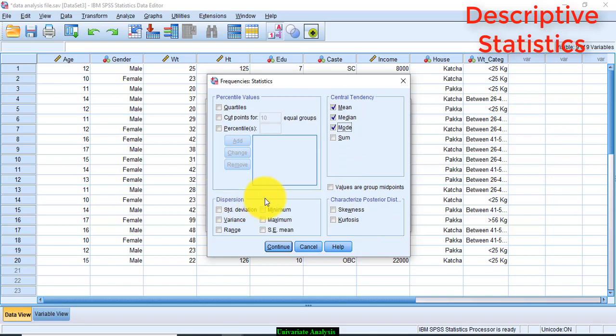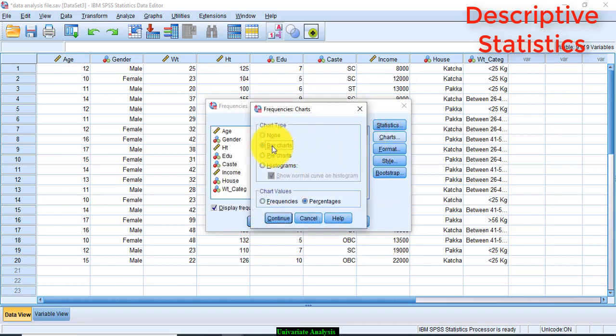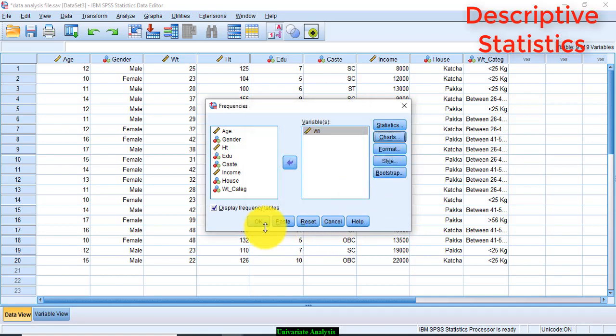Among the measures of dispersion, you can select range and standard deviation. There are other measures as well: standard error of mean, maximum and minimum values, variance, and so on. Skewness and kurtosis is also shown in this box. Let us not go for any chart. Click None Chart, Continue, and then click OK.